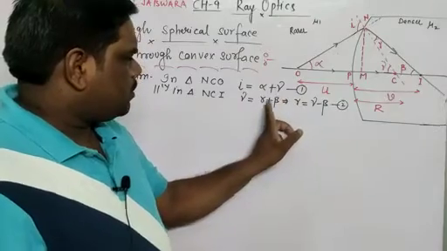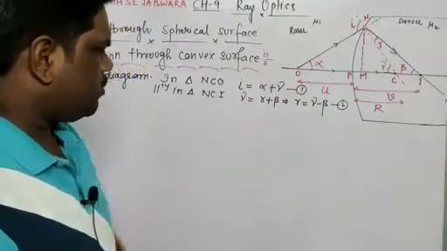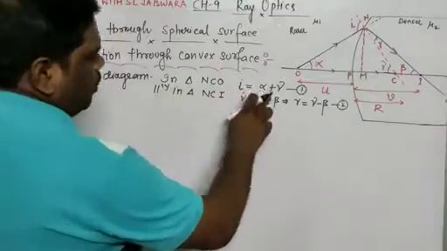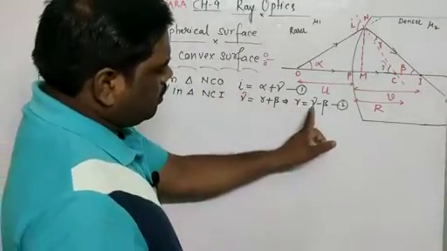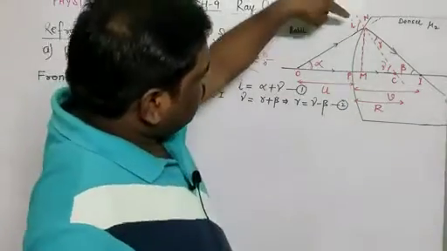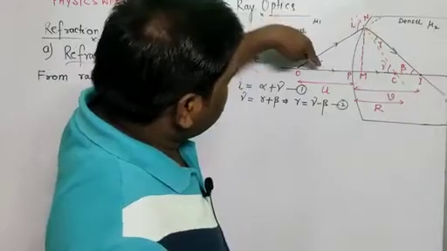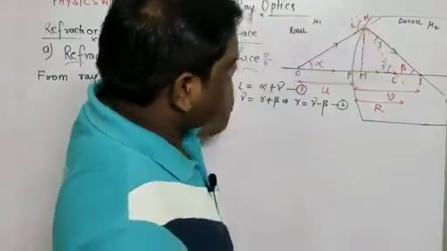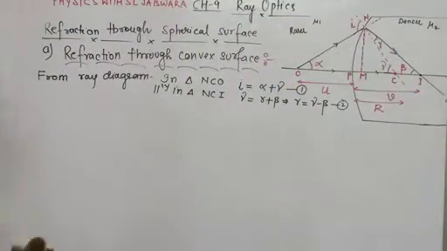You can transpose this beta to here, it will become gamma minus beta. Very good. So I equals alpha plus gamma and R is equal to gamma minus beta. Now we have written this I and R in terms of alpha, beta, gamma. So what will be our next step?